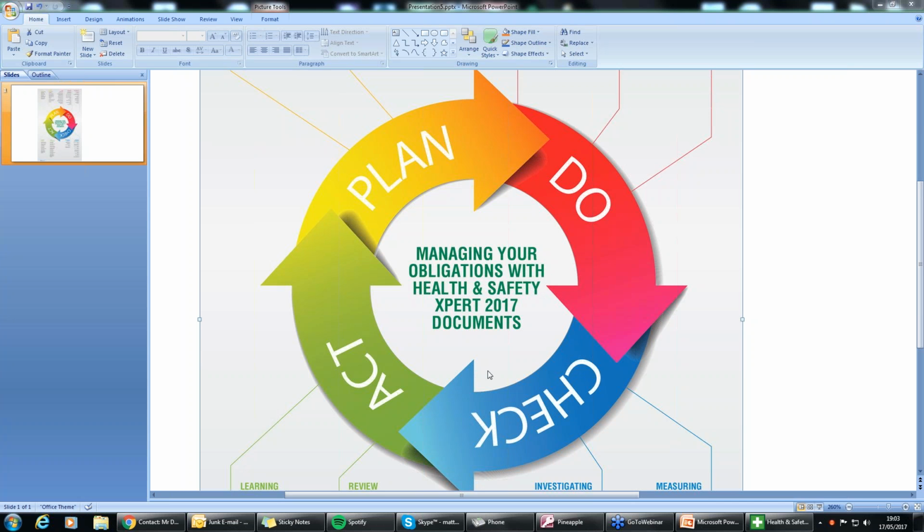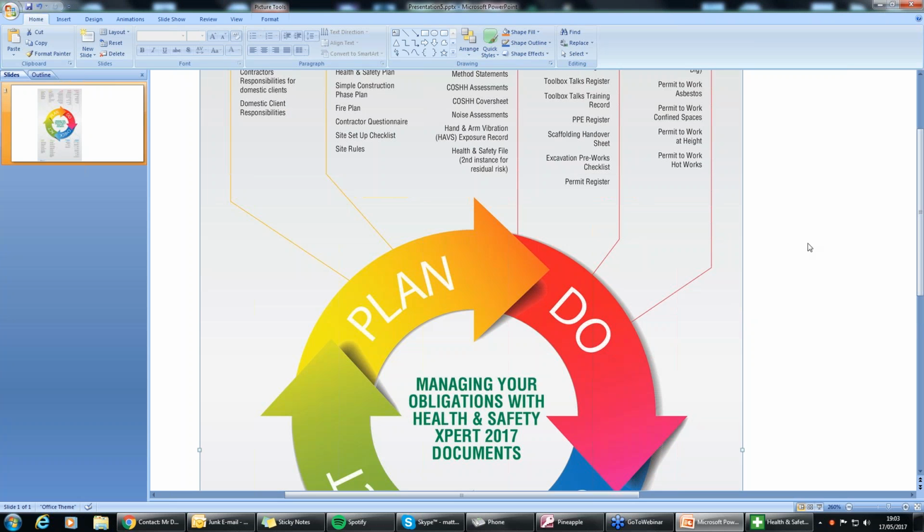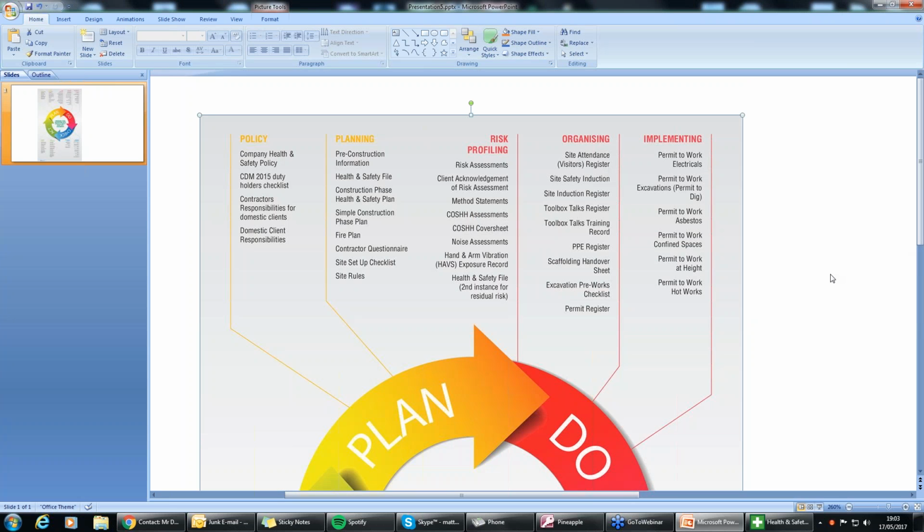I don't want to go into a greater depth with that by just reeling off what is effectively combined in that. But as you can see, the software itself, okay, if I can scroll up the page a little bit, which is quite handy. Our health and safety software, HSX 2017, will help you cover that from your policy, your company health and safety policy, CDM 2015 duty holders checklist, contractors' responsibilities for domestic clients, and the domestic client responsibilities as well. Coming under the planning, okay, going on to the next phase, you're going to have your pre-construction information,